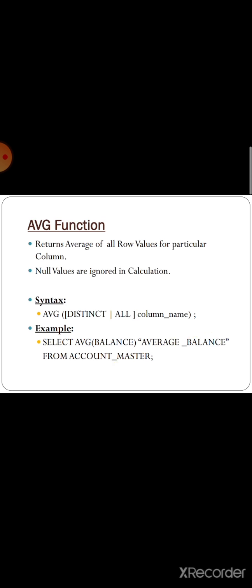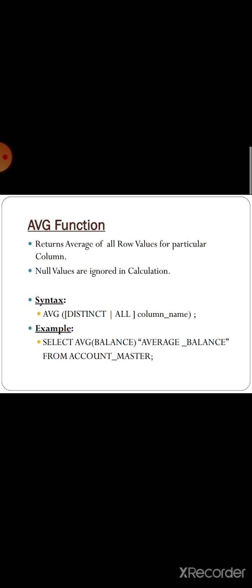Okay. So we shall see first the group functions. In that first one, average function. Average function means it returns the average of all row values for a particular column. Okay, so rows are representing the records. For all those records, every column will have the common values. If we say register number, a particular column will have the register numbers of all the records. If we say marks, then each column will have the marks of all the records.